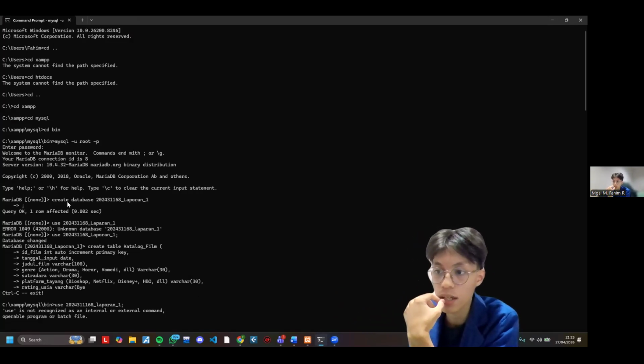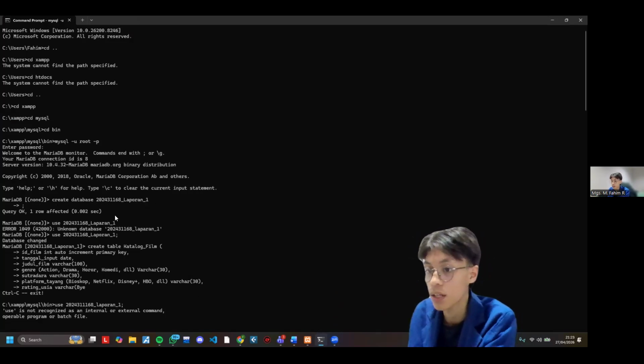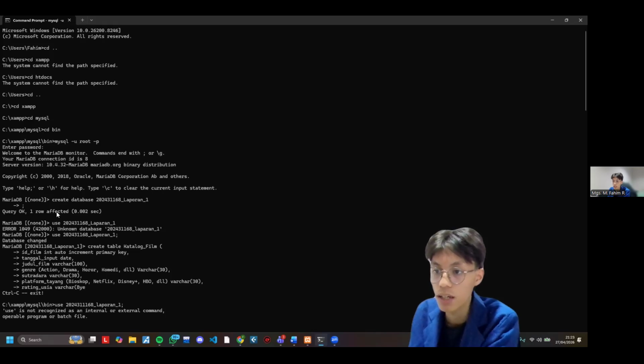Here I'll make the database with the function create database with my student number, laporan, and one. If it shows Query OK, one row affected, it means we're successful.